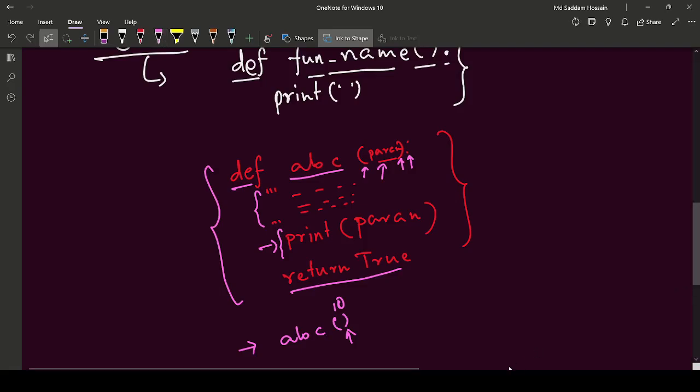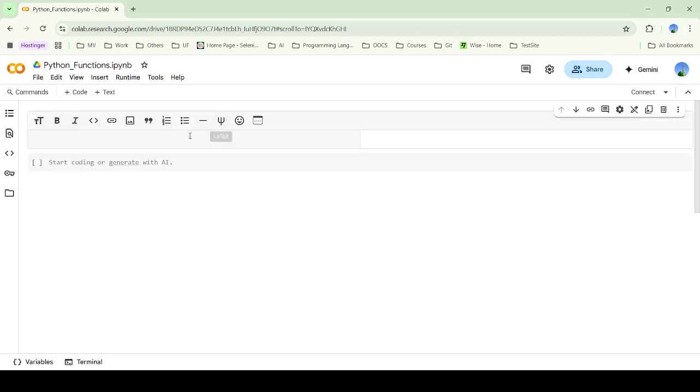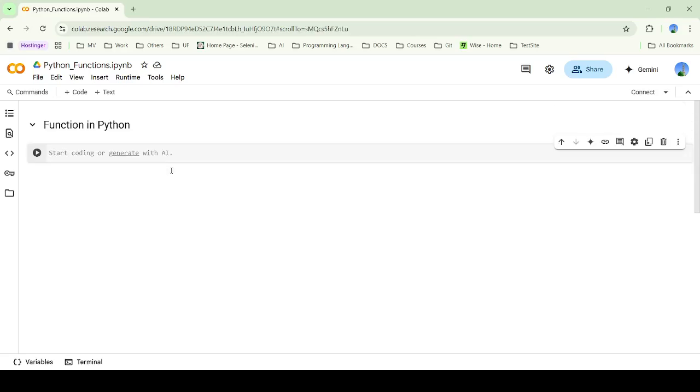So I'm taking you to my Google Colab. There we'll be practicing whatever we have talked about so far. Let me write a heading, function in Python, and now let's see what the syntax is. We are going to talk about the syntax of a function. Let's say I'm directly creating a hello function. So I can say def